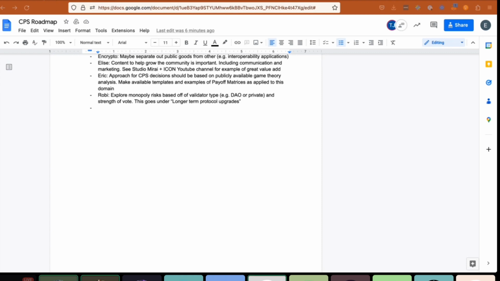Yeah. I think Crypto's point was very good, especially if there is a pathway towards having a council to vet proposals, then something like that definitely should be used.